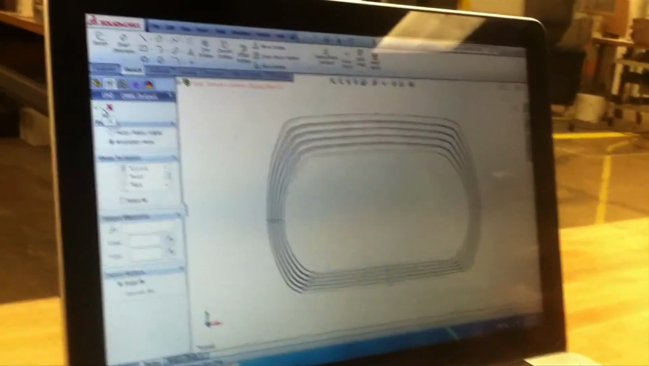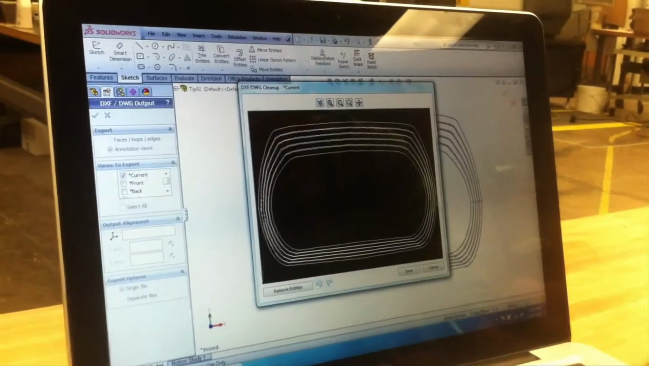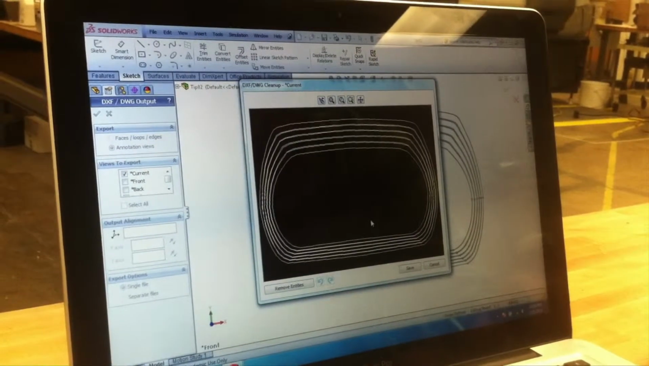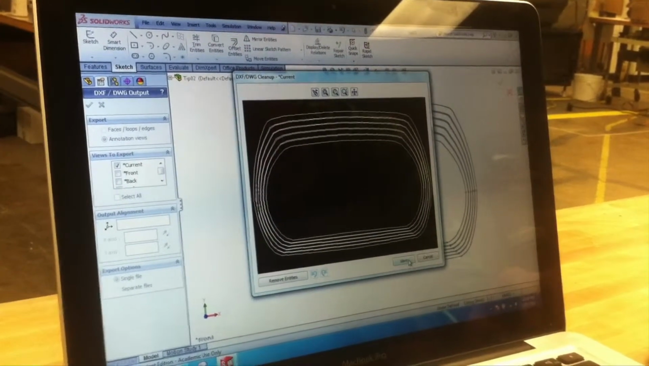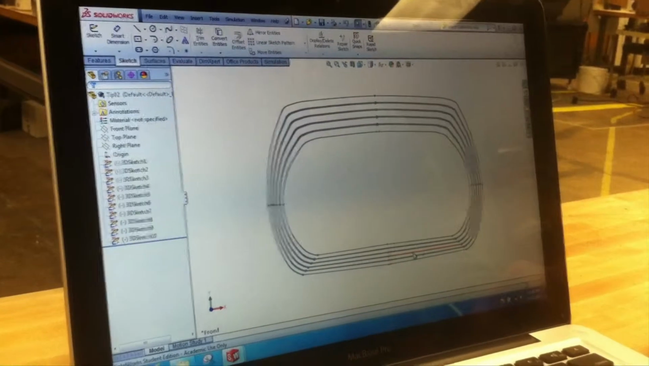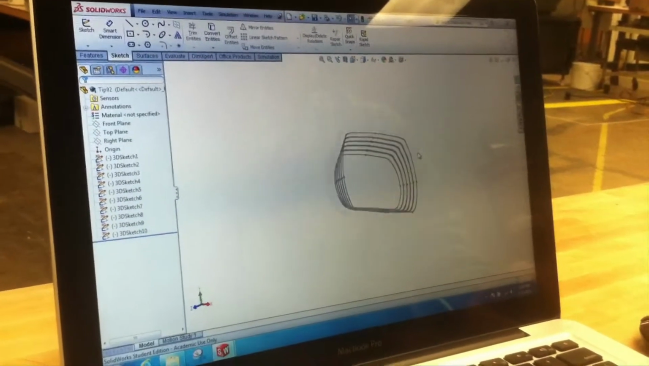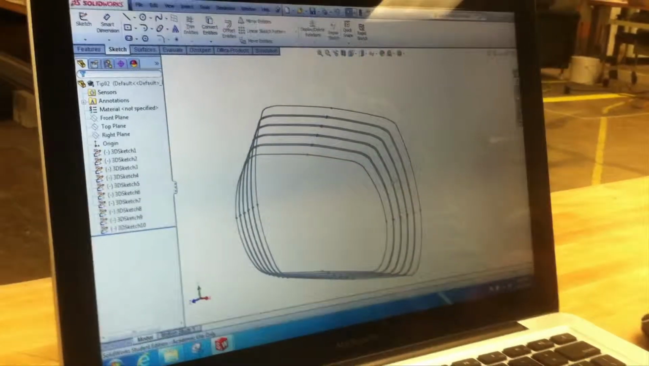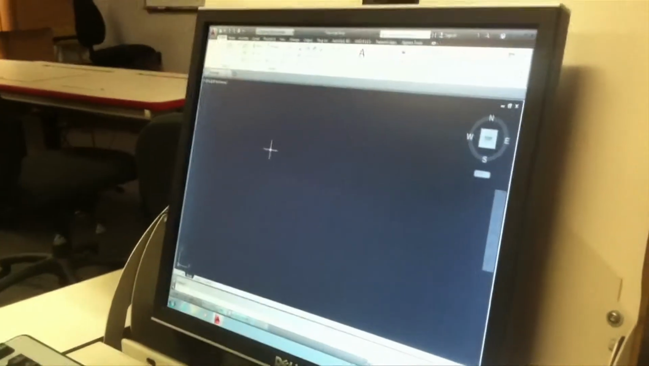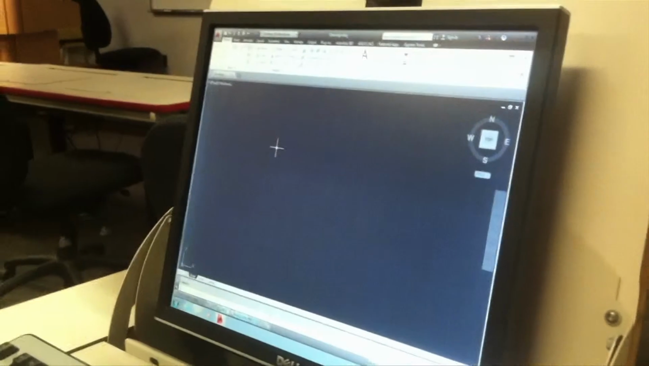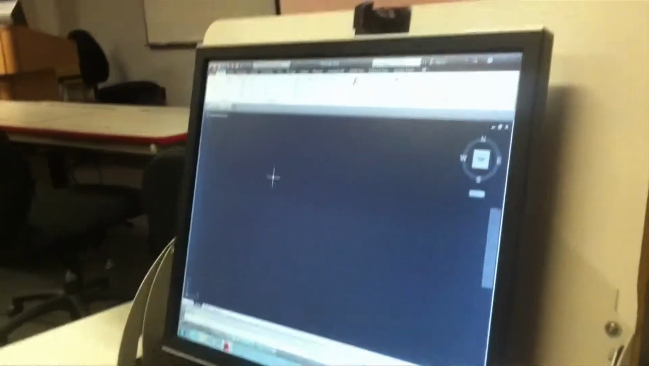So we do that, click the check mark, okay. This is a preview of what the sketch is going to look like. That's what we want. We're going to click save, and now we saved our DXF file. So we successfully saved these as a DXF file. Alright, so now that we saved the sketches in SolidWorks into the DXF file,